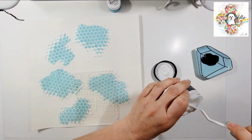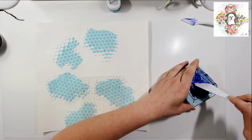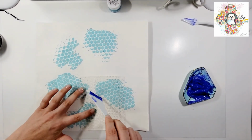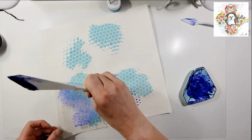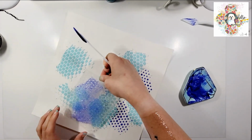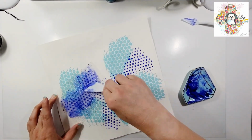Now this color is the Rip Van Periwinkle, and that one I mixed in with some glitter paste and came in with another stencil in between the spots that you can see. Now, I will tell you, I accidentally put a little bit too much of the liquid in there, and it did kind of bleed a little bit through the stencil,